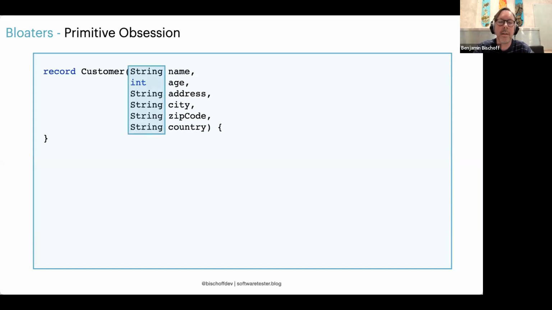And you have properties of this customer: name, age, address, city, zip code, and country. And you might think at first glance, this is fine, but actually it isn't, because you can have a negative age. You can have empty addresses. You can switch around the zip code and the country because both are strings. So you don't have any validation of the data, which you could have if you created specific data types for